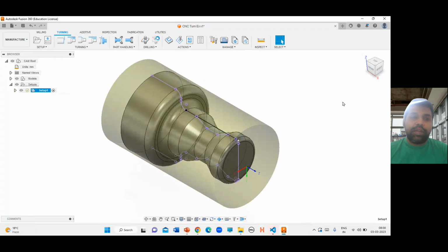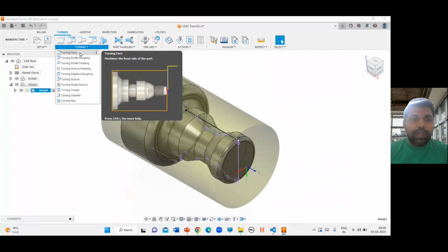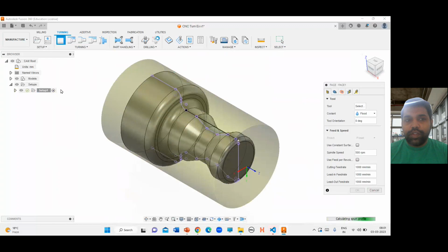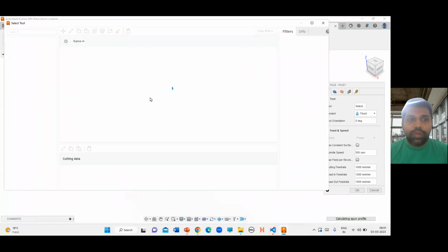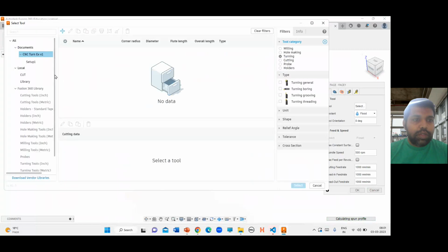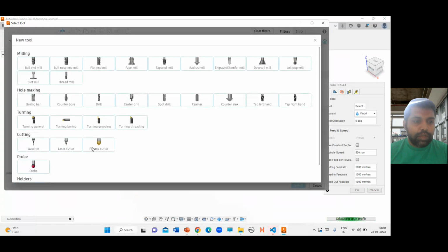Now the next task to be done is the facing, turning, and grooving operation. So we'll be doing one after another. Initially, generally, we'll go for facing. For turn facing, you just click the turn facing option available, and you will be prompted to select the tools. Generally in documents, you have the plus button to select the tool. Go for general turn,